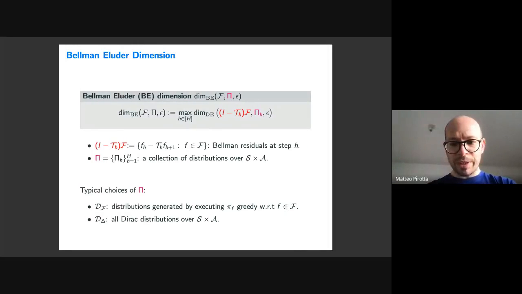Okay, maybe I have another very quick question about the typical choice of the distributions. You said that with the last one, basically you fall down to the previous definition. If I just have a high level look at this definition, it seems to encompass the case in which you are really online, so you follow a policy, and the case in which you have a generative model where the distribution tells you what state action to pick. Is there some connection there, or is it just to cover the previous case, the original definition?